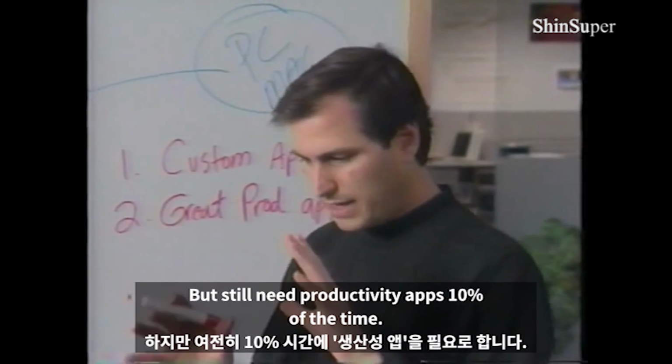But more likely, they will start to understand that they want to put our workstations on the desks of a wider audience than just those who need to use the custom app. They'll want to include more administrative personnel, more marketing personnel, have them all on the same network so that they can share the interpersonal computing that our system provides. And productivity apps will come into play. To the extent that we have even better productivity apps than are available on PCs, and to the extent that those productivity apps use the network so they can tie people together, we're going to win.